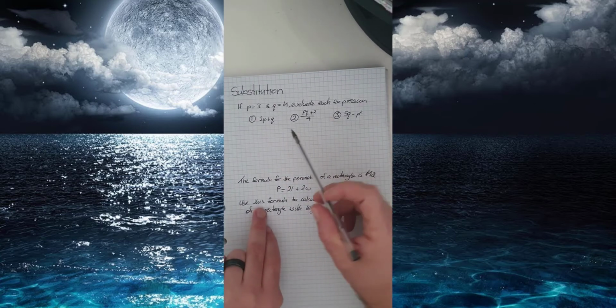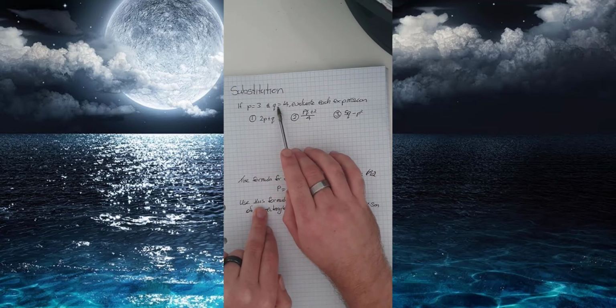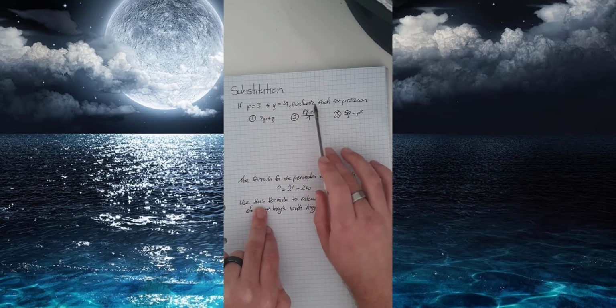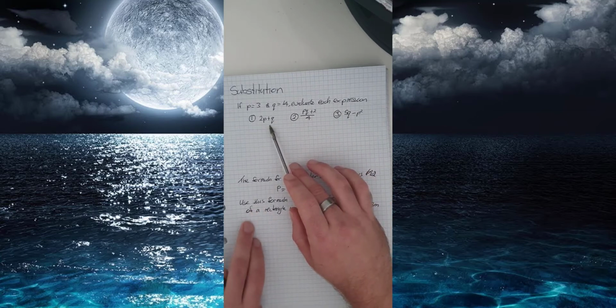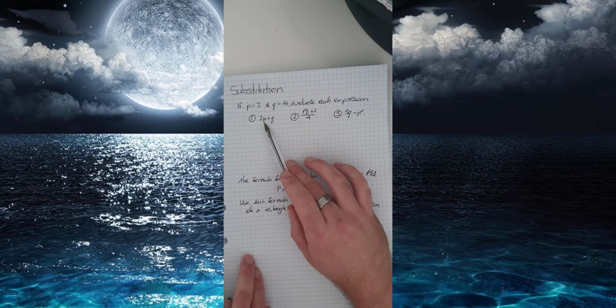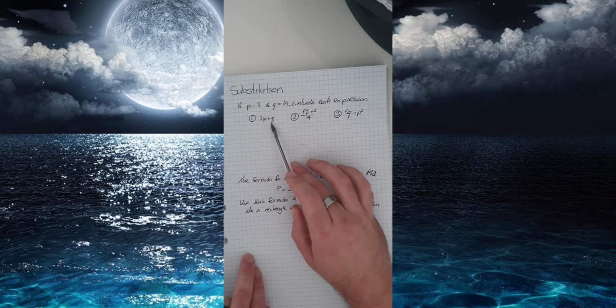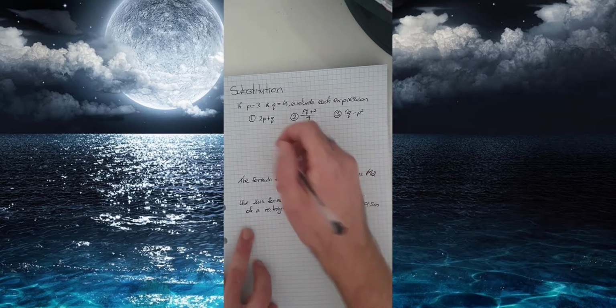the answer. So in our first part, if P equals 3 and Q equals 14, we're going to evaluate each expression. So we've got 2P plus Q. Now in this case, we actually now know what the pronumerals are. We know what P is, it's equal to 3, and we know what Q is, which is equal to 14. So what we can do